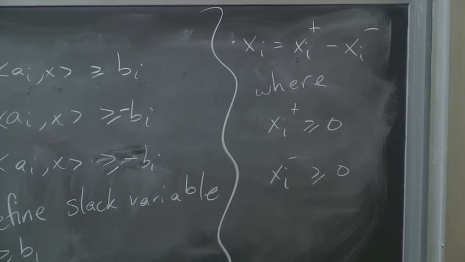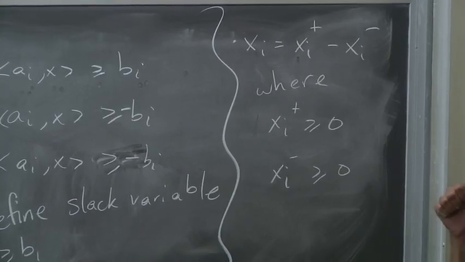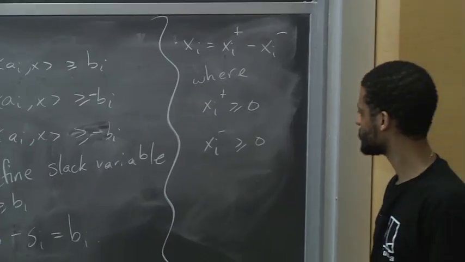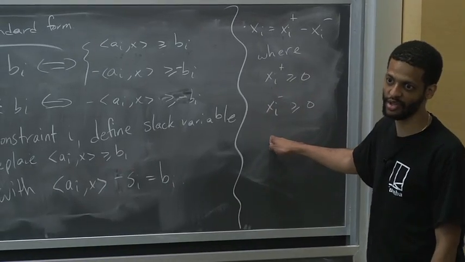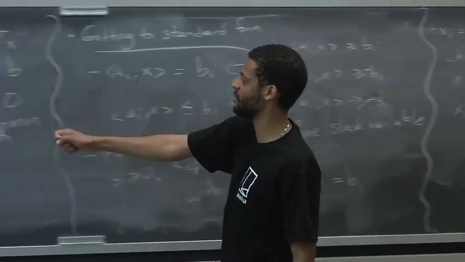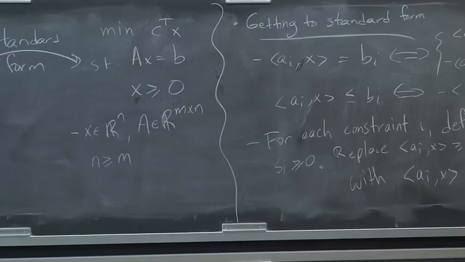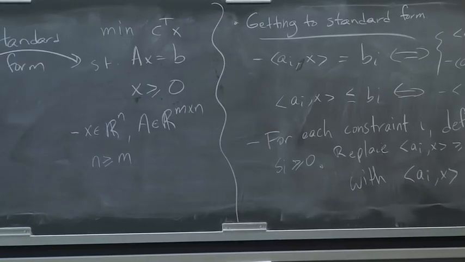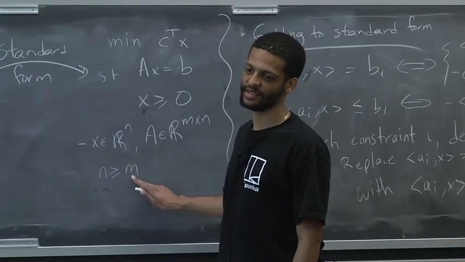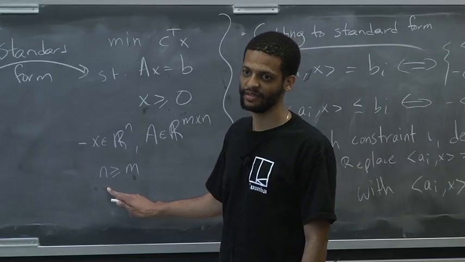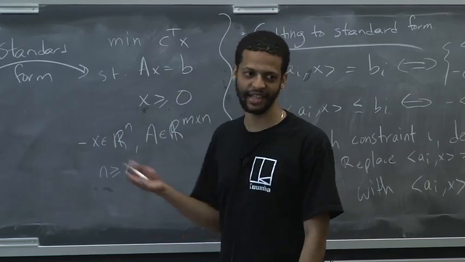Okay, good. So once we do all these transformations, then all the variables that appear in our LP, the slacks as well as these plus and minus variables, are all non-negative. So all the variables in the LP are non-negative, and all the constraints are equality constraints. And the reason that n is at least m is because for each of the constraints, we have a slack variable, plus we have all the variables we had before. So the number of variables in this LP is at least the number of constraints.